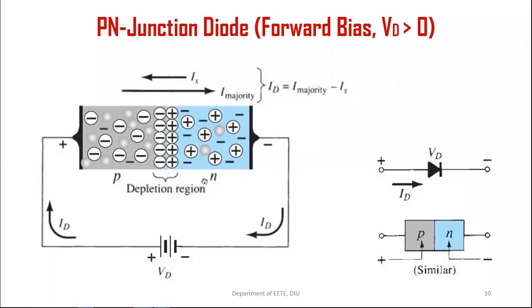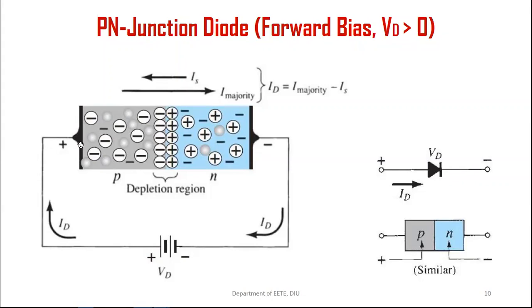So the current will be from N to P. Okay, current will be N to P. So you see that this is for minority current. So N to P is from this direction. So minority carriers are small, majority carriers are big. So the current will be, majority carrier will be big, the minority carriers will be less. So the difference will be the main diode current. You see that ID equals I majority minus I minority. So this difference will be the diode current, and when this voltage VD equals 0.7 volt for electron,